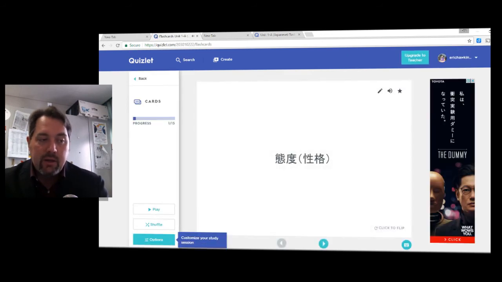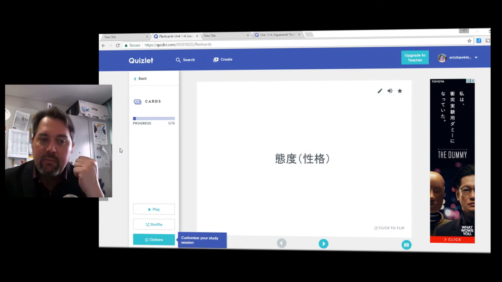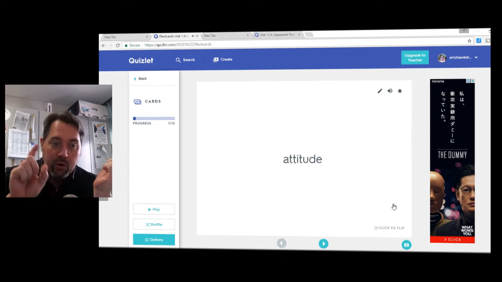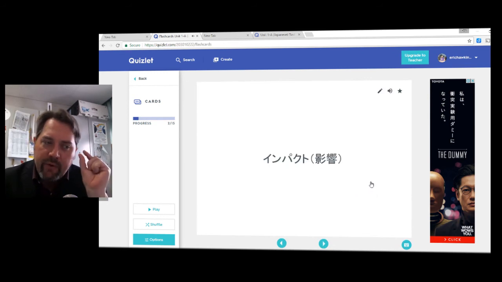Then you can just look at that and try to remember the English meaning of that. Attitude. Just touch it on your smartphone or click it, and you can flip it over. Attitude. Impact. And you go to the next one. And again, Impact. If you find one that's important or one that you want to study in particular, if